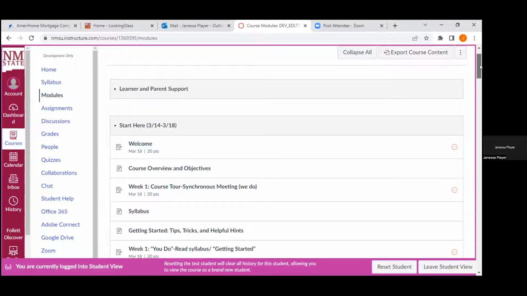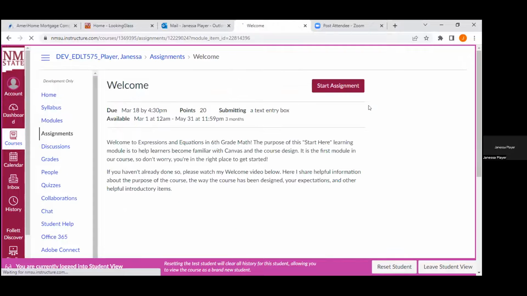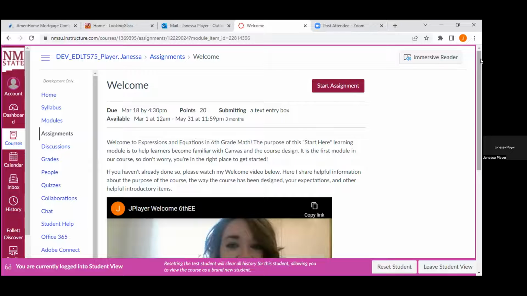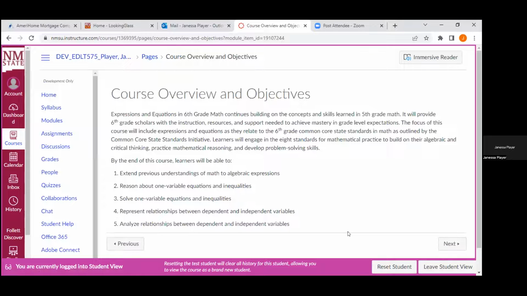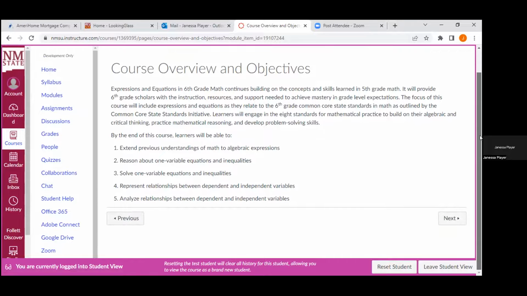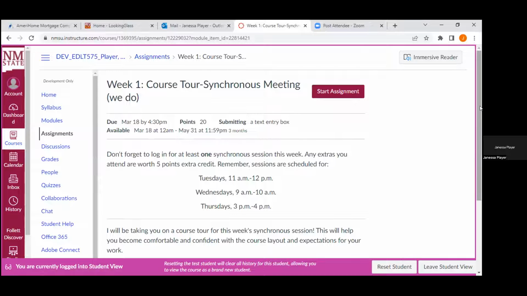And then I'll take you through just my Start Here module and then one of my modules, just so that you can see what that structure looks like, because after that, they're all the same. So my welcome is part of that Start Here module where they'll see my welcome video. They're responsible for reading the course overview, the course objectives.